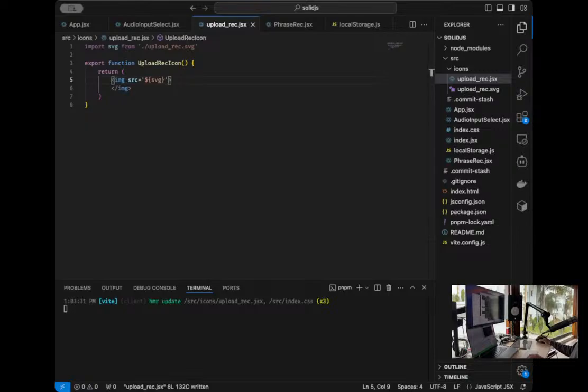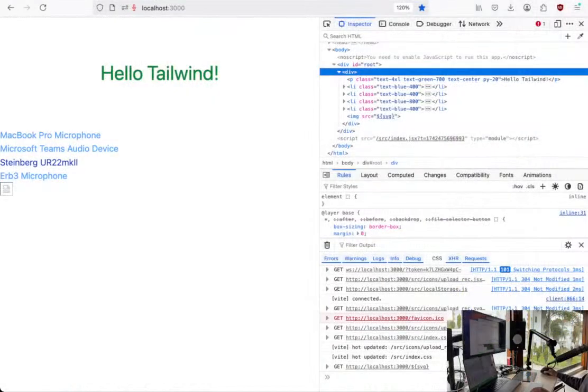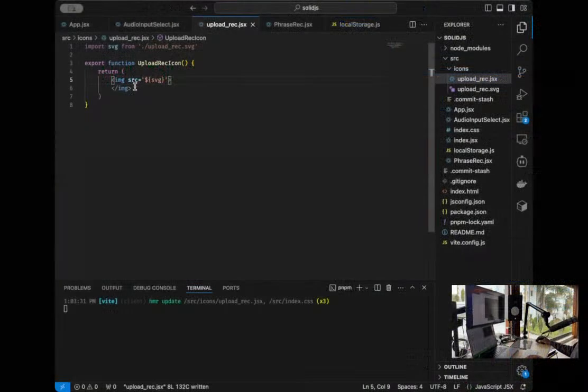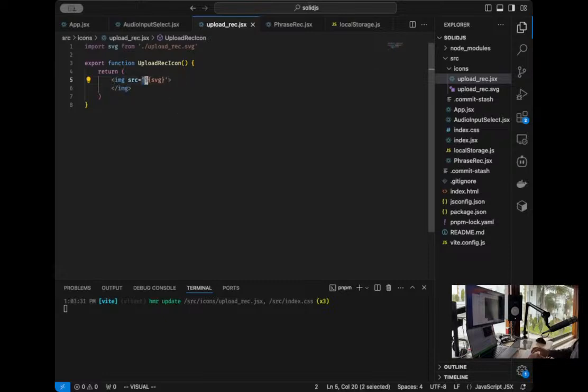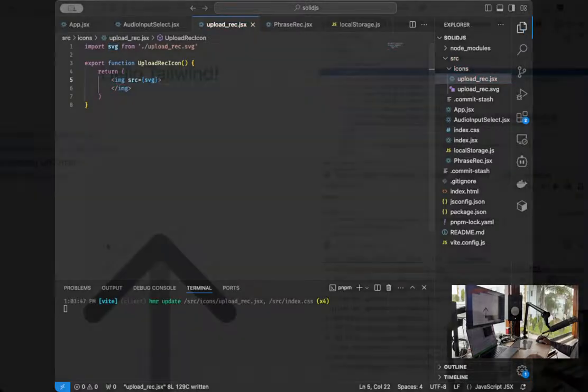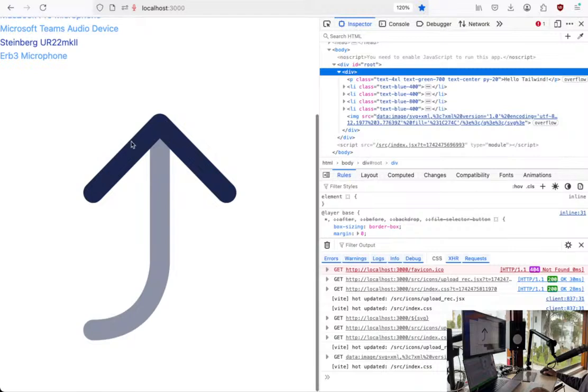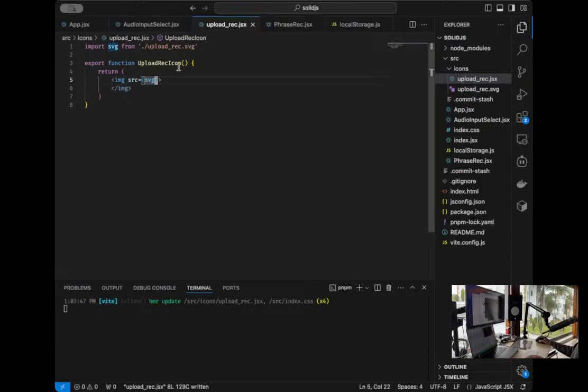That doesn't work as well. All right, so we finally have our image being drawn here, and I guess that we can with Tailwind right